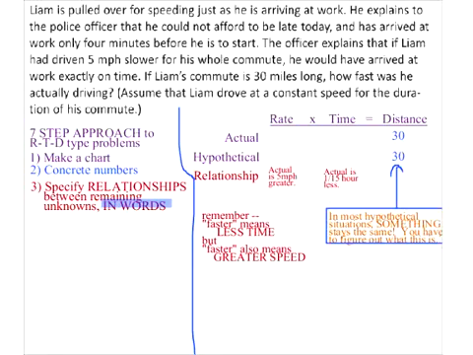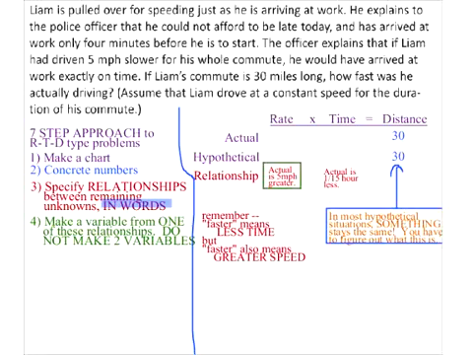Then, once you're done with those words, take one of those sets of words and make a variable out of it. So make a variable from one of these relationships. Do not make two variables, because if you do, then that's going to be a serious hit to your time bank. It doesn't matter which one we use, but for the sake of fun and kicks, let's go ahead and use the one on the left. So the actual one is 5 miles per hour greater, which means actual speed can be rate plus. Let's use r for the actual rate,